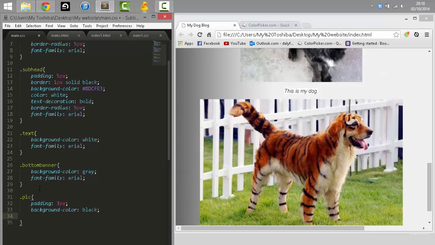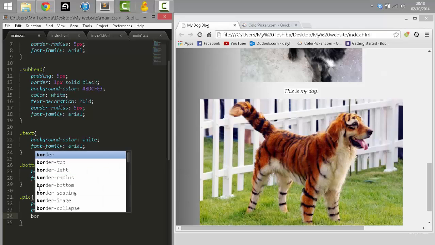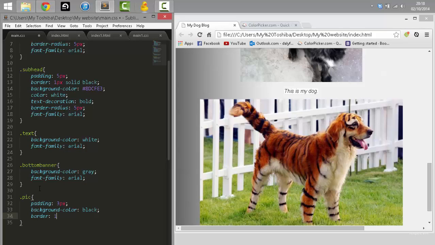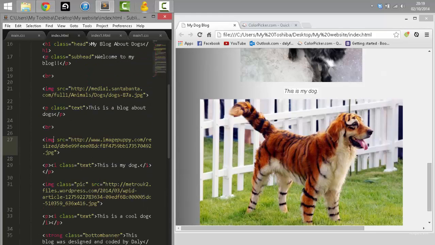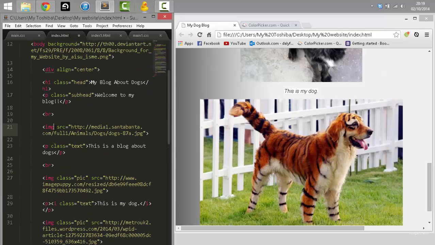We also want the border to be 1px solid with a color of red. Control S, index HTML. So all our pictures are going to be a class of pick. Control S,